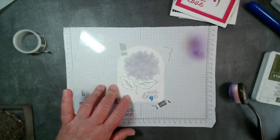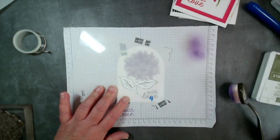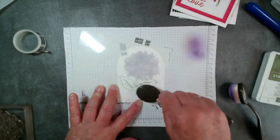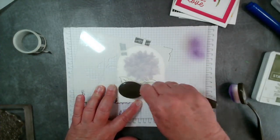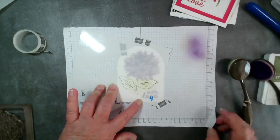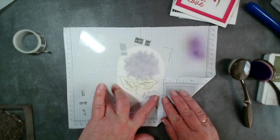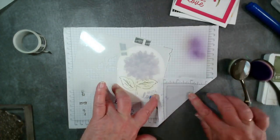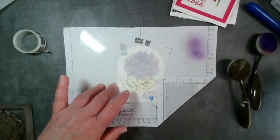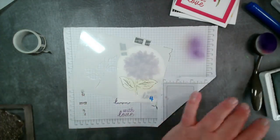Let's find that little piece of tape. Just hold it in place. And a bit of green. Let's see what I've got on here. And again, just be careful here. What I could do is just tuck that bit over. Okay, or I would put just a piece of post-it note in there, just so that I'm not getting ink over the edge of the mask, because they put 2 on 1,